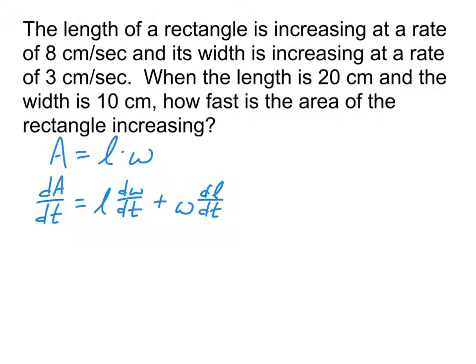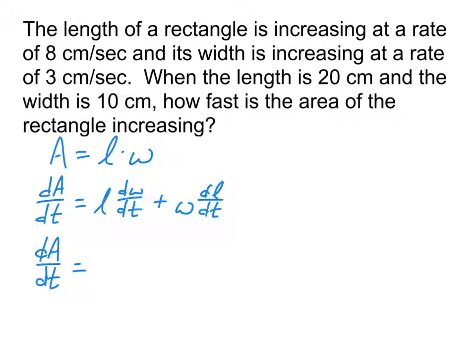Now it's a matter of, okay, what can I actually do to solve it and find out my answer? Again, I'm going to start by trying to figure out which of these quantities, because you notice there's actually 5 different unknowns in this equation right now. Which of those is the one that I actually am looking for? Which one is my answer? Well, it's how fast the area is increasing, so that means it has to involve area, and since it's a rate, it also has to involve time. Well, that certainly narrows it down, right? Because it's got to be this one. This is the only one of those 5 unknowns that actually involves area per time. So that's what I'm going to try to figure out. So I can go ahead and put that part in right now, since it's all by its lonesome already. dA over dt